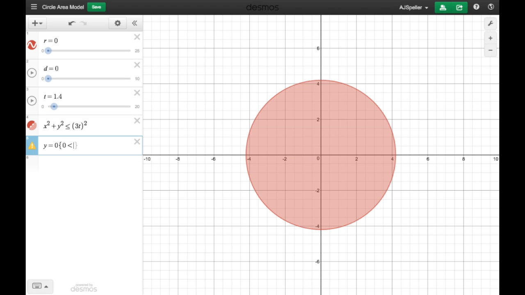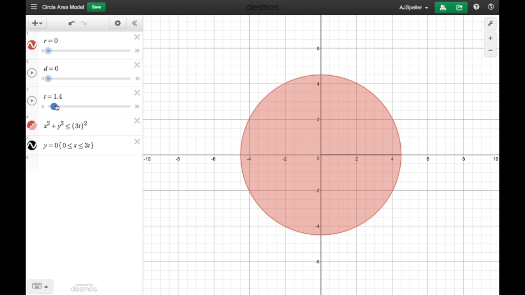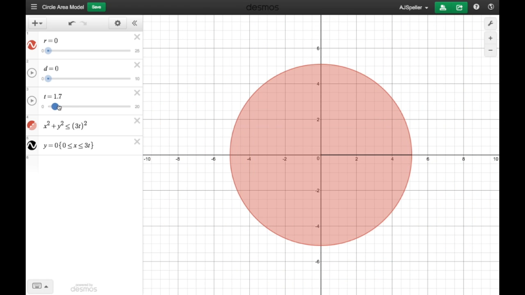We want to start at 0, less than or equal to x because we're on the x-axis, less than or equal to the radius because we're going to go from the center out to the edge of the circle. That's going to be the radius, and we said the radius is symbolized by the expression 3t. And when we do that, the radius is drawn in, but let's make that black to make it a little bit more easily seen. So there we have the radius drawn in, and again, as we move the time, we see that the radius also moves with the circle.